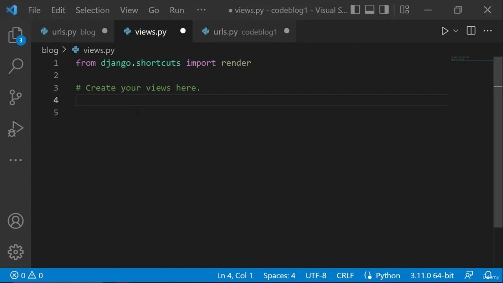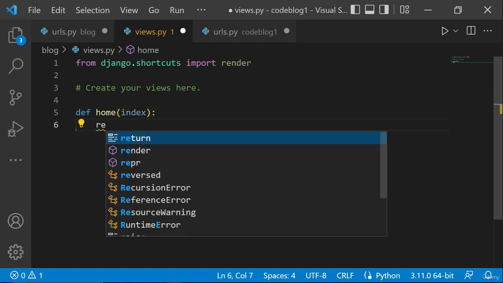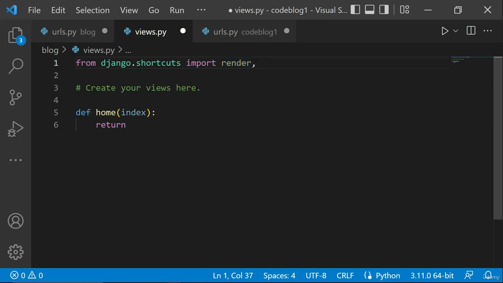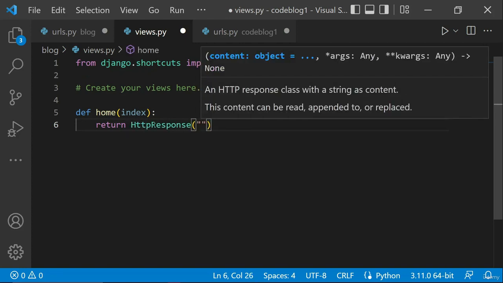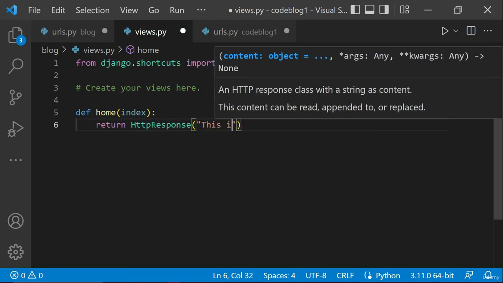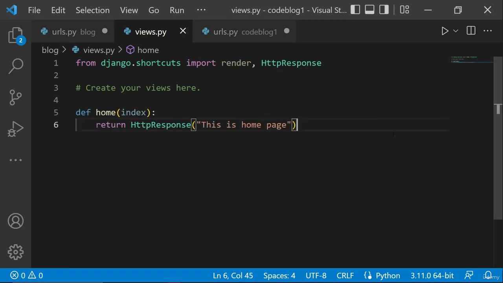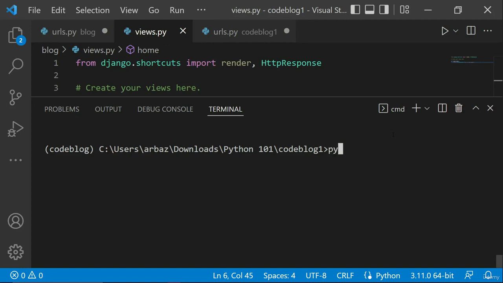So I will create the home function, and we will do def home, and in here we will pass the index, and after that we're going to be returning. We just need to import a library that is HttpResponse, and we will do HttpResponse, and in here we're going to be adding some text. So I will name this homepage. So after this, if I save the code and try to run the server, I will do python manage.py runserver,